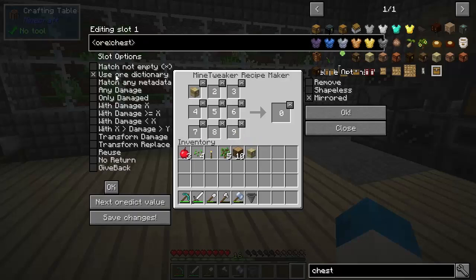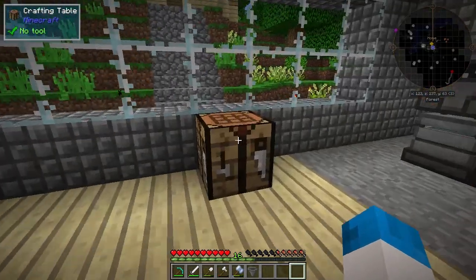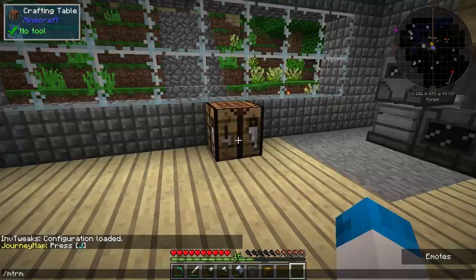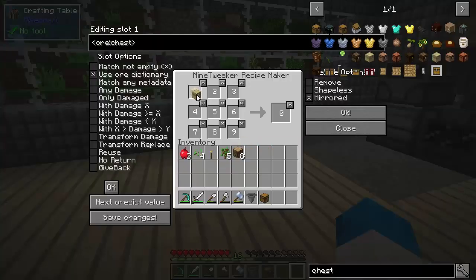Right, so use OR dictionary. So anything that matches a birch chest, which I think pretty much all of these are OR dictionaried, so they will all match together. And it will make... Oh, dear me. We have to do it this way. An oak chest. So you put in a birch chest, say yes, use OR dictionary. Now, I don't think we need to do anything else with this. It is going to be shapeless, and it is going to make us an oak chest. So as you can see...